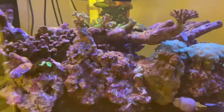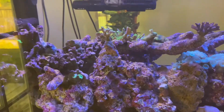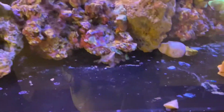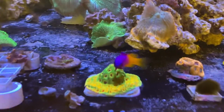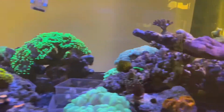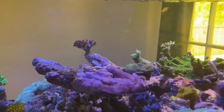I'm probably gonna move it somewhere in this area because there's a whole lot of nothingness right here compared to that other side. And then I'm probably gonna chip a piece of it off and put it on the back wall or on the bottom or somewhere around there. I want to start encrusting some stuff on the floor. That way it's not just detritus growing. This one I'm probably gonna let grow as well. Starting crust or putting a tile on it, either or. But that one for sure has to move here soon before it starts to get overgrown by